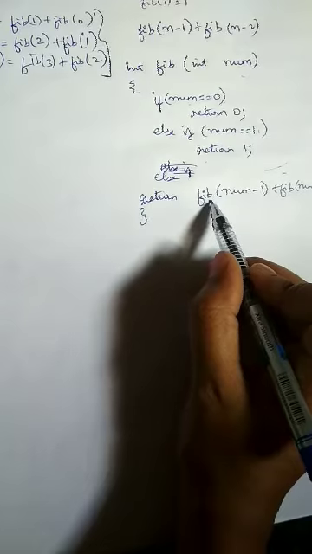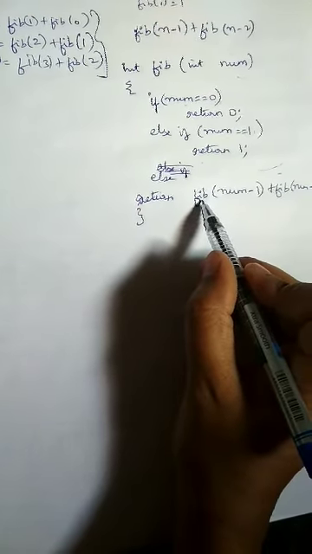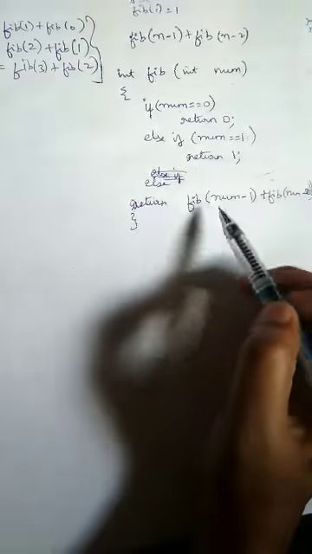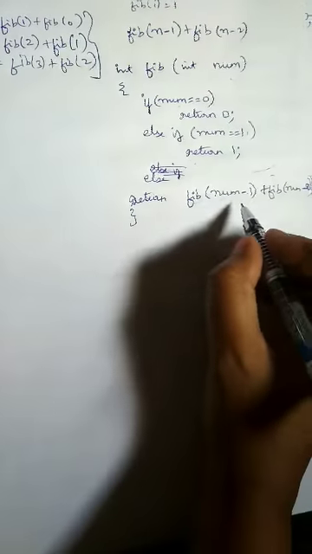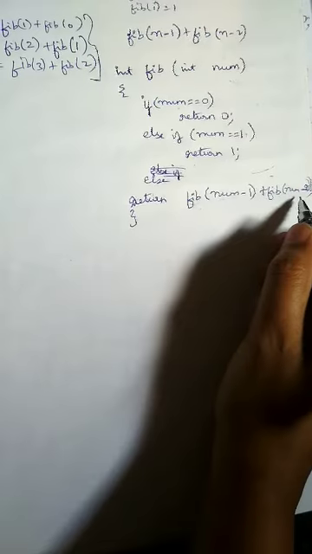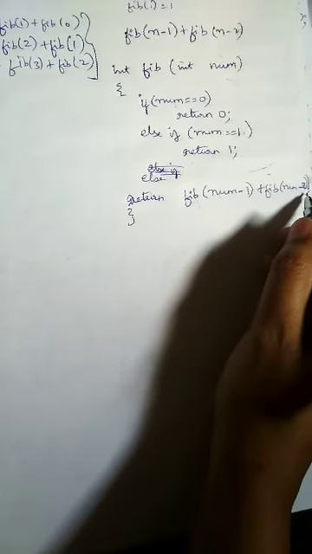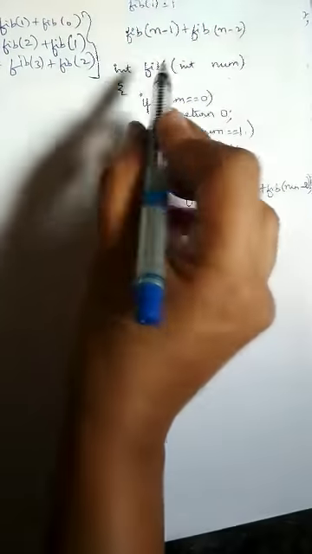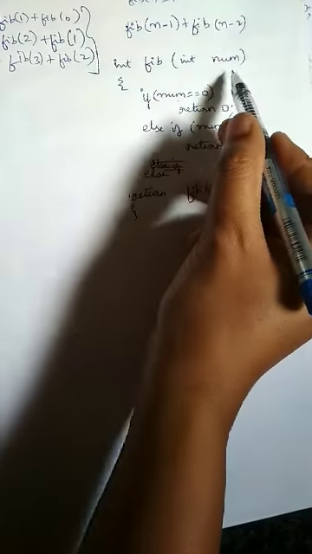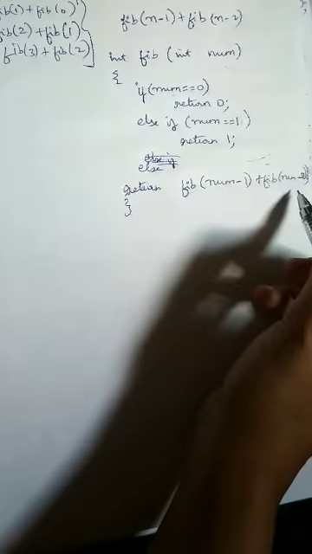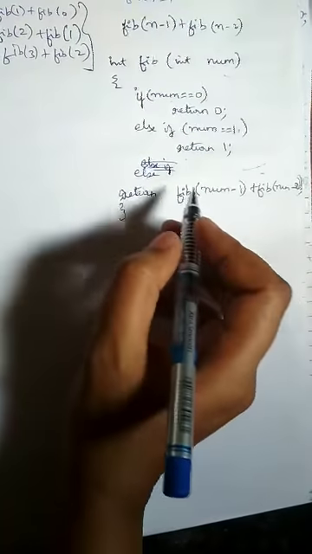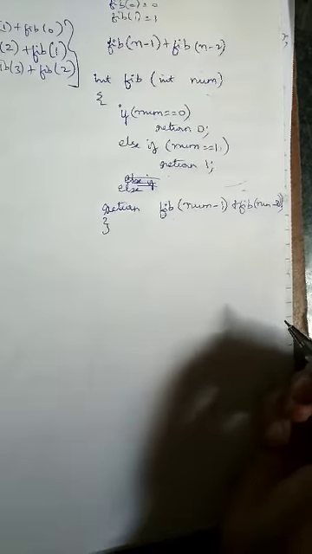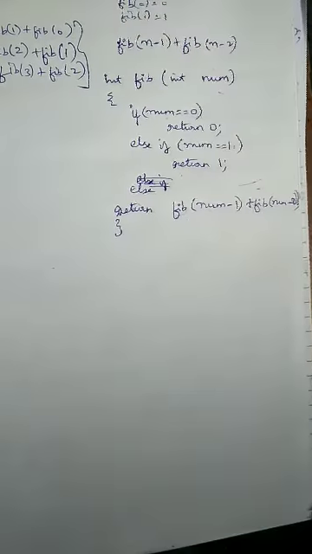Here we are going to make the recursive call. If I send 3, then 3 minus 1 is 2, fib of 2, plus fib of 3 minus 2 is 1, fib of 1. So fib of 2 plus fib of 1 will be done. Again recursively it will be called for fib of 2 separately and fib of 1 separately, and the calls take place recursively, and finally you can find the Fibonacci series.